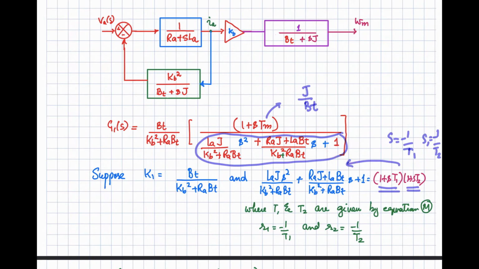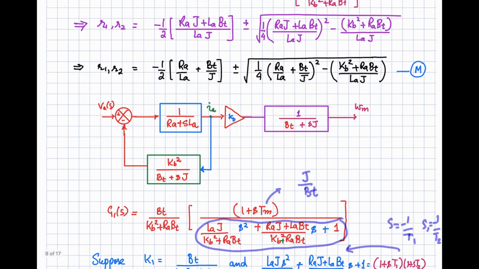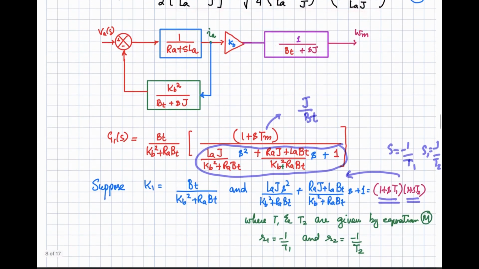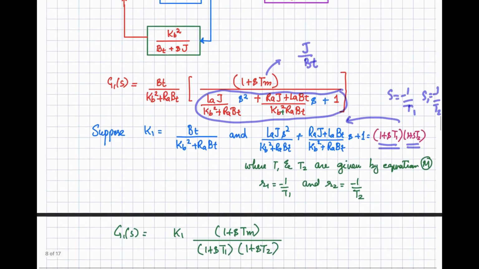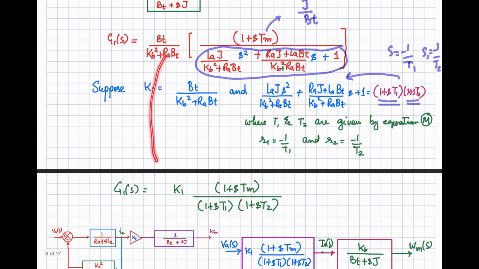And what are T1 and T2? That can be obtained with the help of this one. This is basically the root that we have just seen above. Two roots are given by this equation. So root 1 is equal to minus 1 by T1, and the second root is minus 1 by T2. So from here we can write down this equation equivalent to this one. And let's suppose that this Bt divided by this one is K1. So we can write down this transfer function like this,